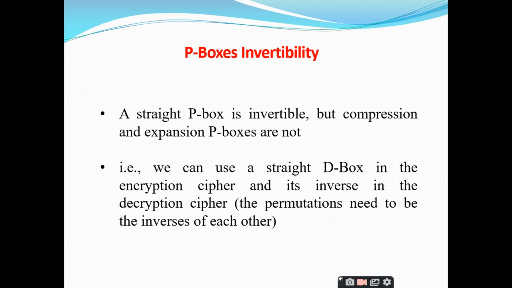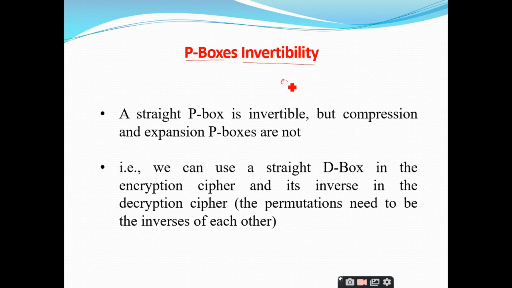Now we are going to discuss one more important topic, which is called P box invertibility. This invertibility plays a very important role in cryptography, so you should know what it is. Can anybody give me some idea of what you understand by the term invertibility? Invert means reverse, reversible, upside down. So invertibility means to reverse things, right? That is absolutely correct, but how can you relate this invertibility concept to our cryptography?